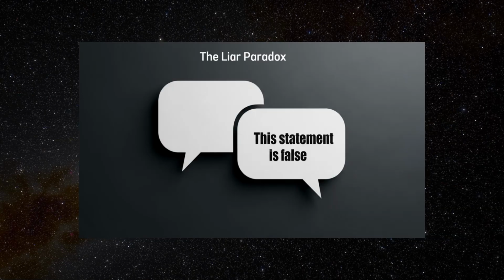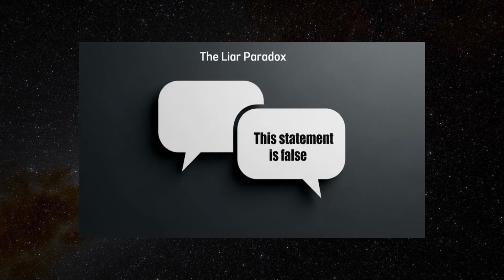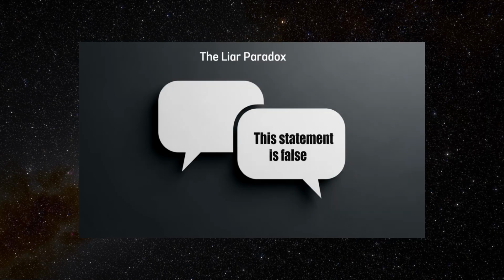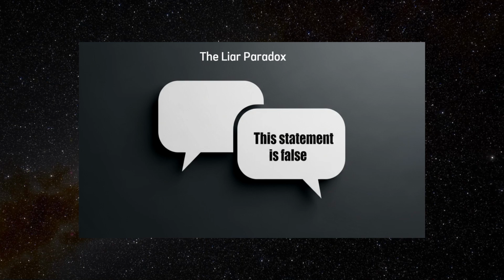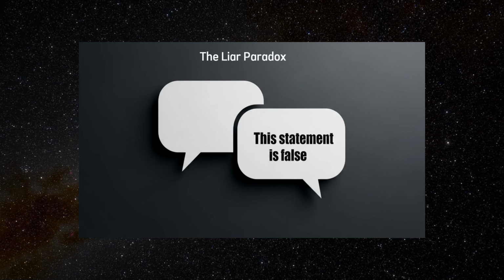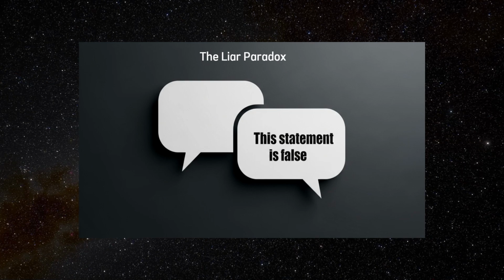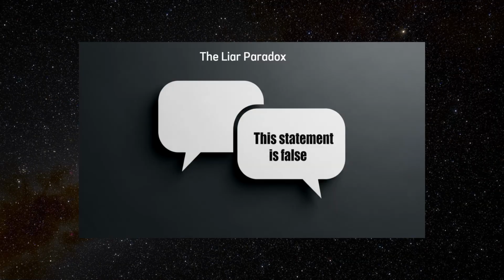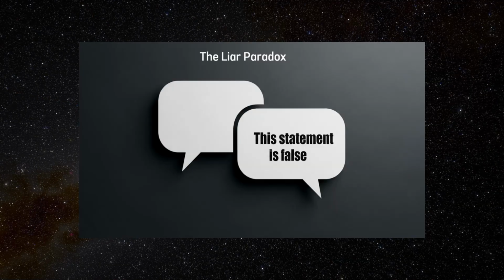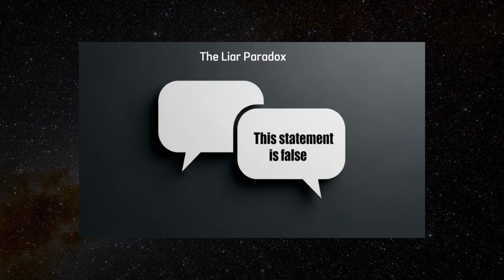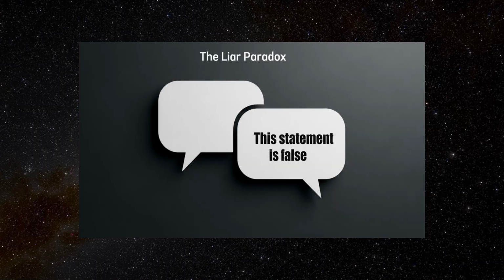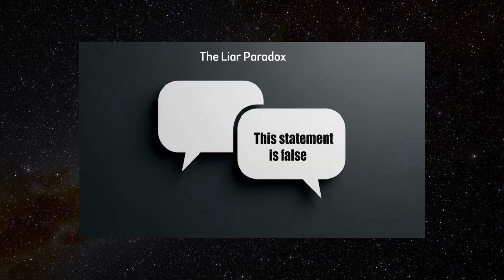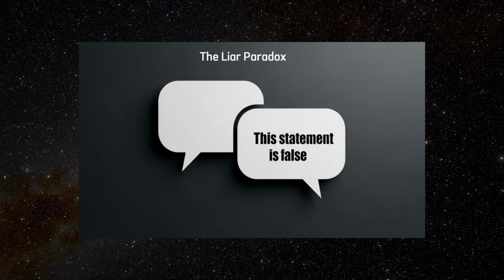This too leads to a contradiction. Thus, whether we assume the statement is true or false, we are driven into a logical loop where each possibility negates itself. It is not merely a case of not knowing whether the statement is true or false, rather, it is a case where assigning either truth value results in a contradiction. This is what gives the Liar Paradox its distinctive and troubling nature.